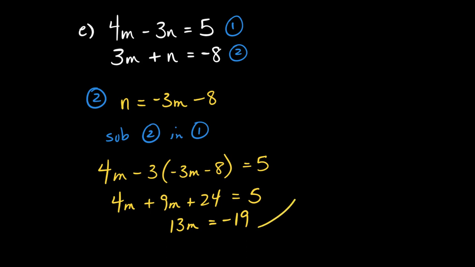And now we notice, I'm going to get something ugly. I'm going to get an m value of negative